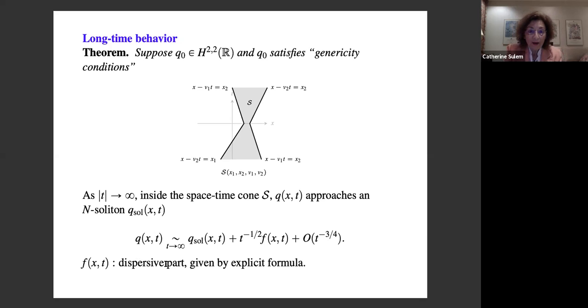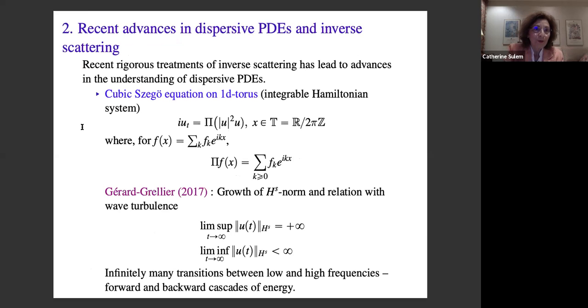So after having presented the result, I would like to make a little diversion and to present some recent advances in dispersive PDEs and how the inverse scattering brought new understanding. The first problem I mention is about what's called the cubic Szego equation on a torus, on a one-dimensional torus, which is written in this form. So x is in the torus, on this circle, and the equation is